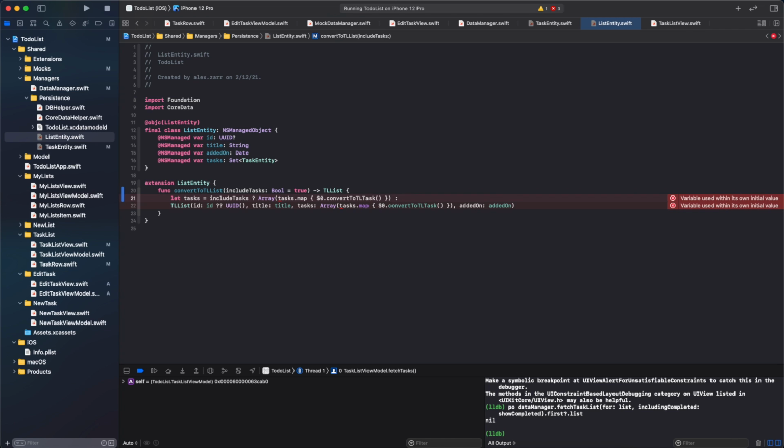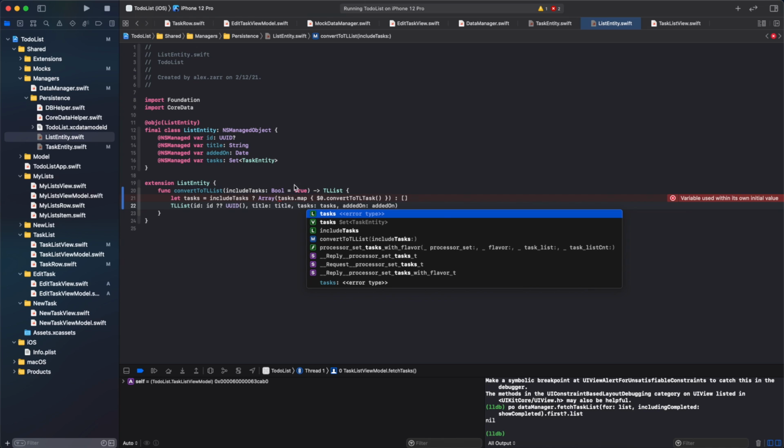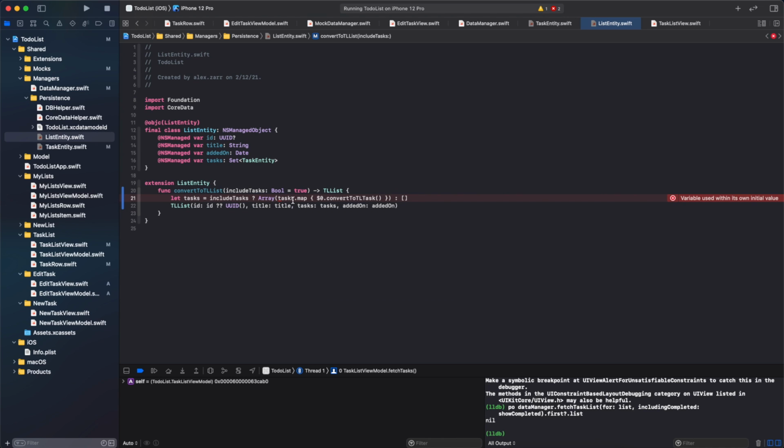Otherwise it will be an empty array, and here we'll just pass these tasks. Okay, self tasks,